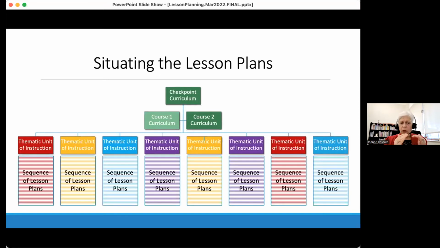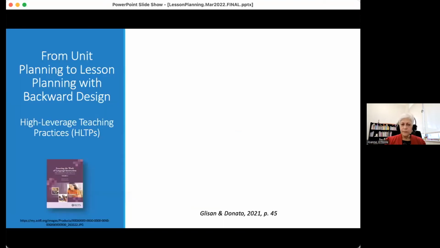Well, we integrate those topics and we address the goals of the thematic unit plans through a sequence of lesson plans. So how do we move from unit planning, as we discussed in our October and November webinars, to lesson planning using backward design? We're going to revisit a framework that we looked at back in October that's built on high